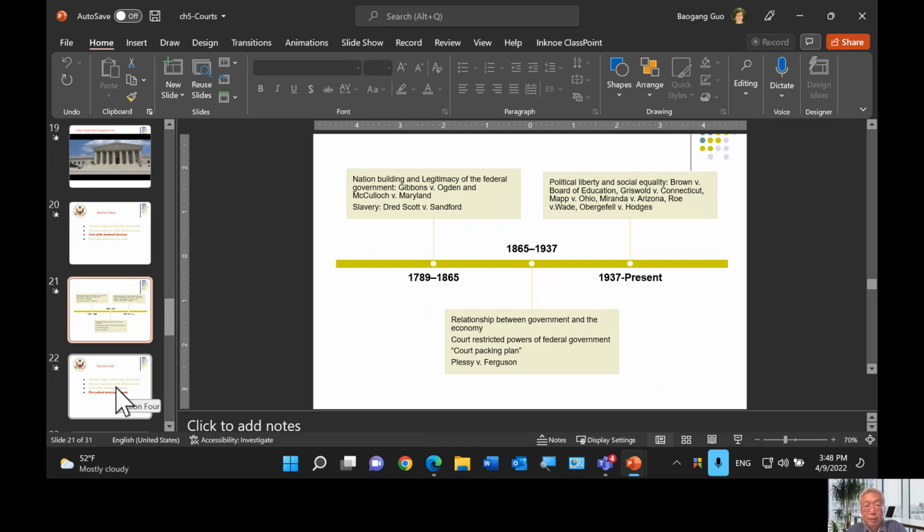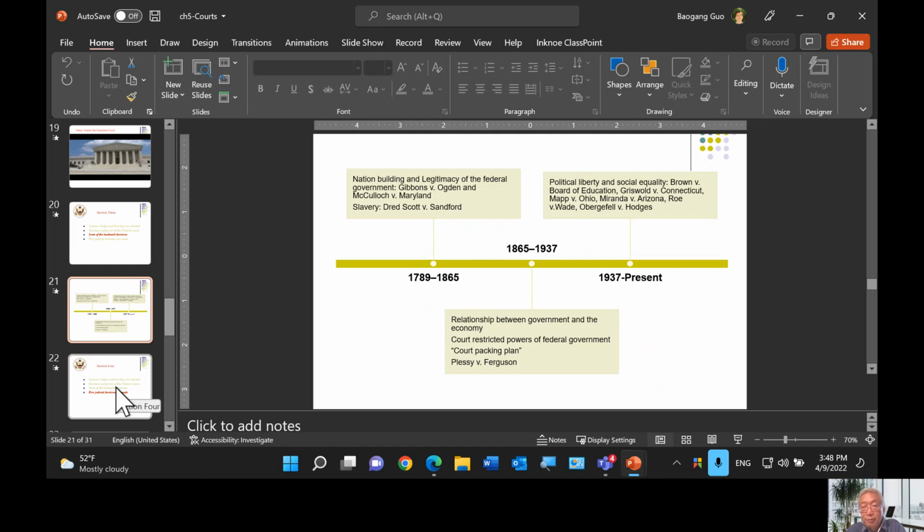The cases of McCulloch versus Maryland and Dred Scott versus Sanford dealt with national supremacy and the state slavery issues. Again, we don't have time to look into the details of the cases, so I hope you will take some time to do a simple search to look at those cases and why they are important.